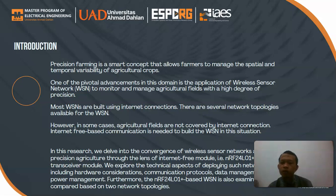Most WSNs are built using internet connection. There are several network topologies available for the WSN. However, in some cases, agricultural fields are not covered by internet connection. Internet-free based communication is needed to build the WSN in this situation. So, in this research, we delve into the convergence of wireless sensor networks and precision agriculture through the lens of an internet-free module, for example, an